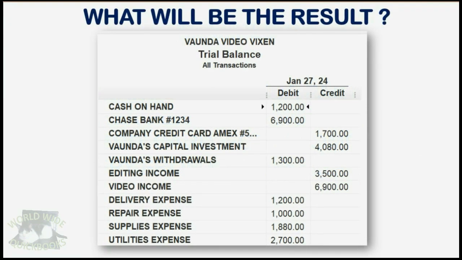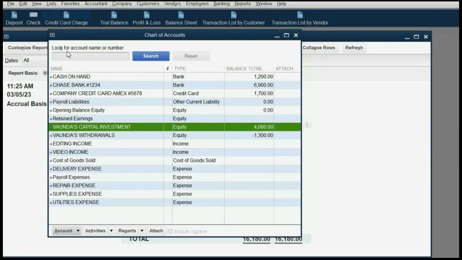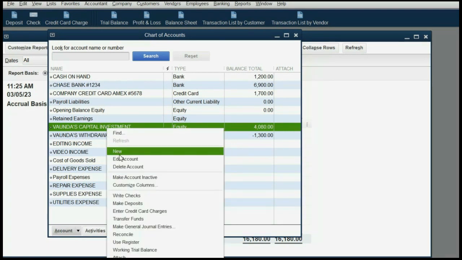So what will be the result in the trial balance at the moment we pay more for delivery expense by $120 paid from the owner's card? Well, the delivery expense, of course, will increase by $120 and become $1,320. And because the money came from the owner's personal funds, the Vonda's capital investment will increase to $4,200. So, again, we can click List Chart of Accounts and right-click on the proper investment account and click Use